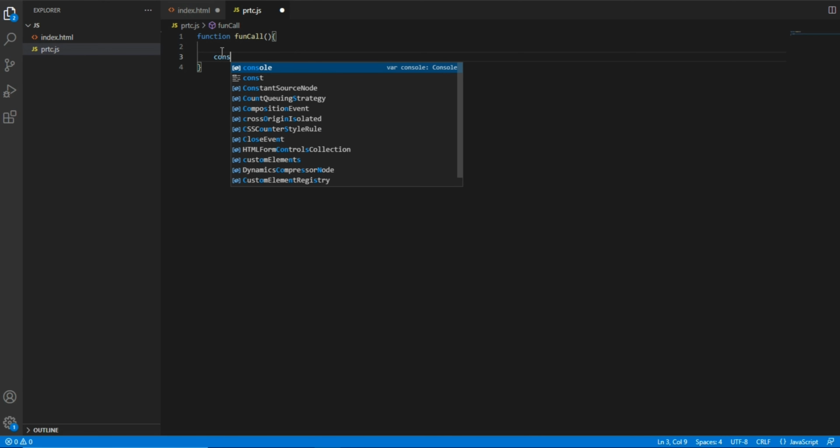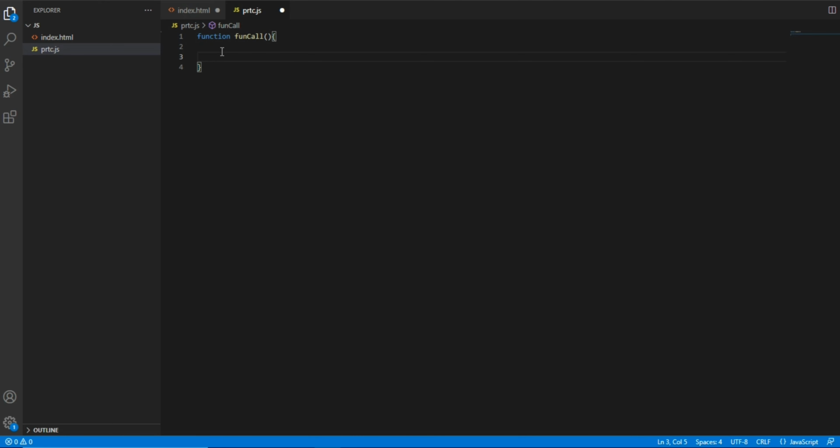No need for console, I will write the HTML directly. Here I will give a table with border equal to 1, and I will close this. So this is for the table.